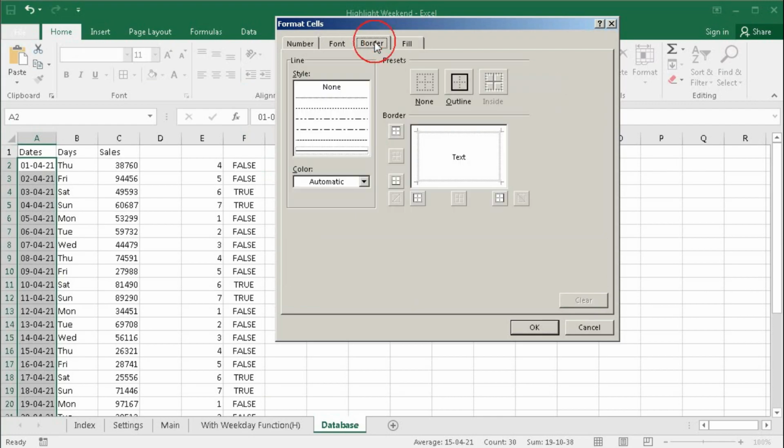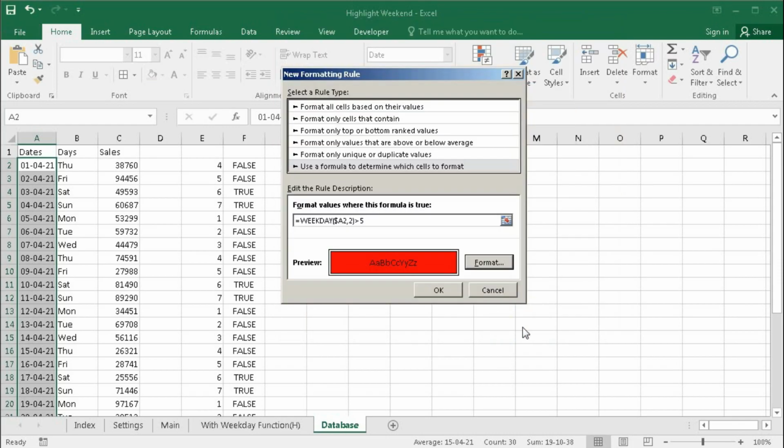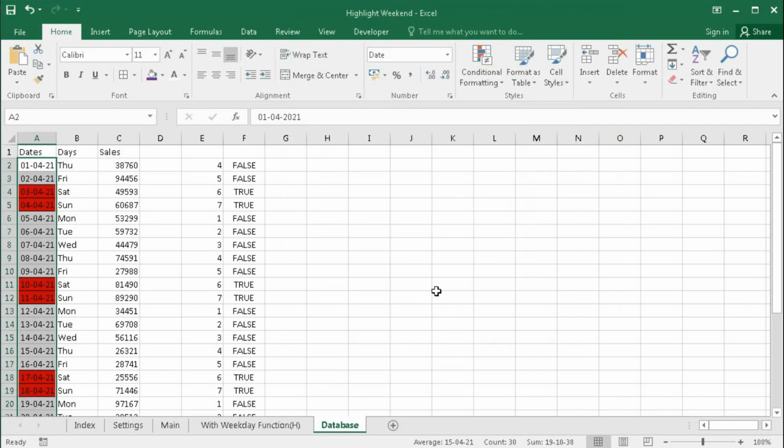If you want a border, you can give a border, then OK, again OK. You can see the days with Saturday and Sunday are highlighted automatically.